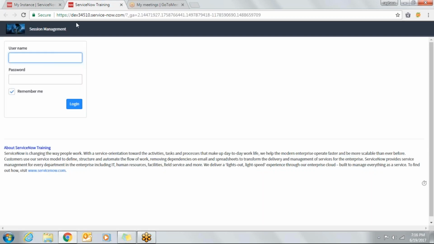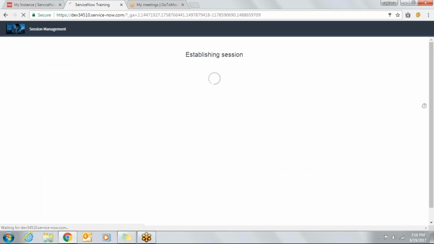The username is admin, and you can give the password. Click on Login. So now we have successfully reset the password. So if you want to change it,